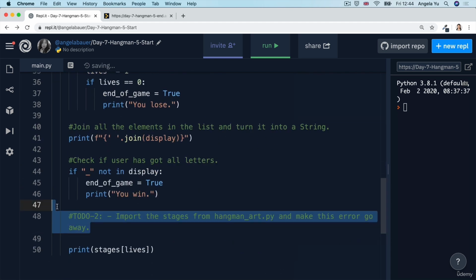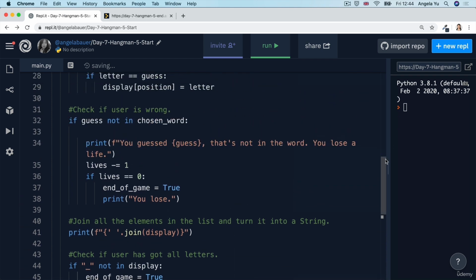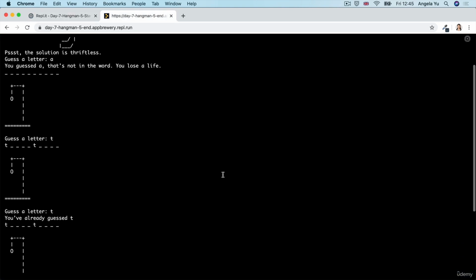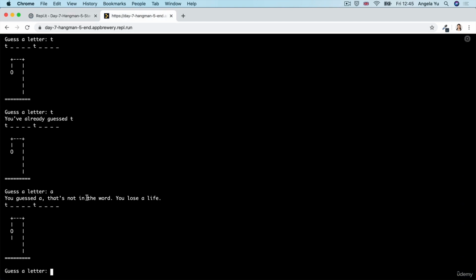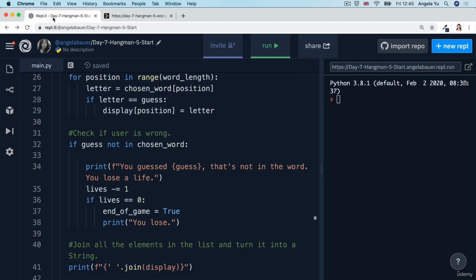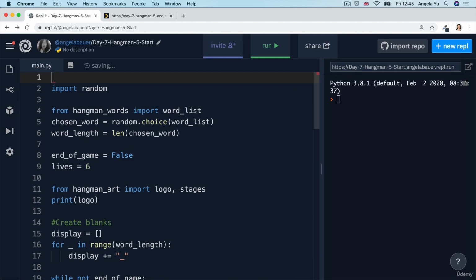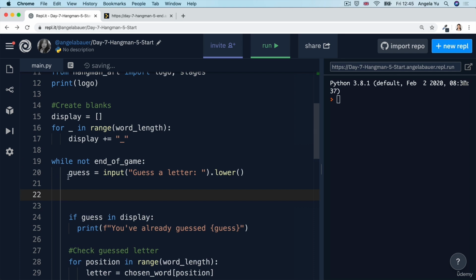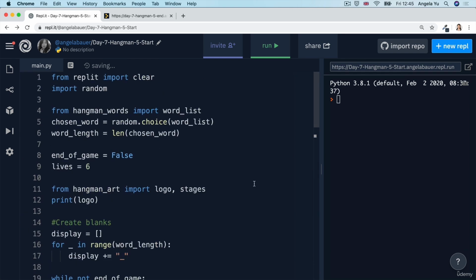But the final thing that I wanted to show you is what if you wanted to be able to clear the screen after every answer, because you can see that at some point you have to keep scrolling and it gets a little bit confusing as to which stage you're in. So one of the things that you can do is you can tap into the Replit module and you can import a function called clear. Once you've imported this clear function, then you can go ahead and add it just after the user has made their guess. So you can call it just as you would any other function now that you've imported it into this file. And when you run the code now,